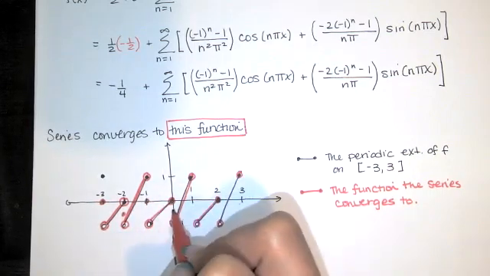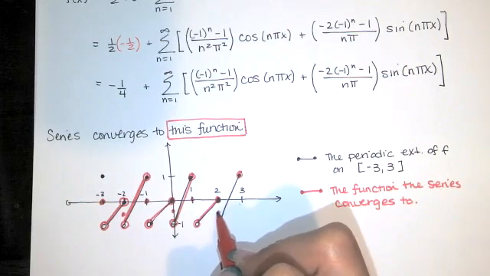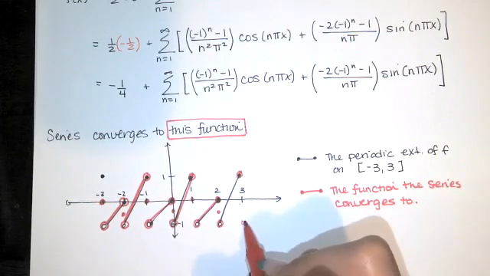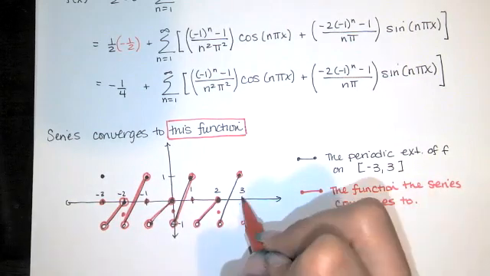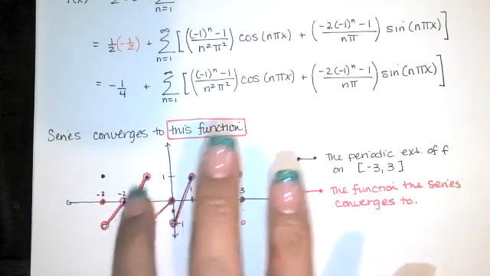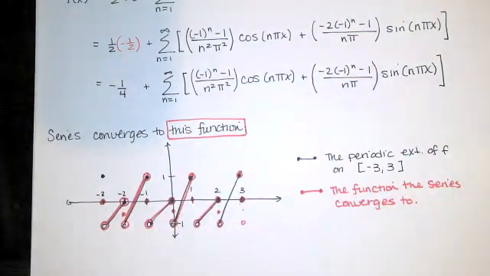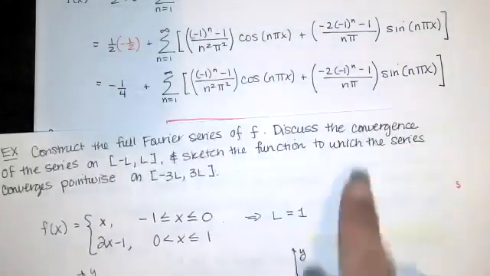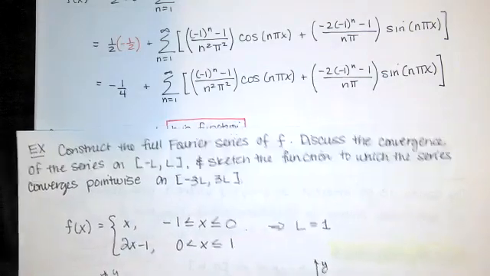So we'll have 0, -1/2, 0, -1/2. The next one would be 0, and so on. So maybe that's not the best picture of that. But if you remember that all of these guys are open on the function the series converges to, then you're good. Then it says, discuss the convergence of the series